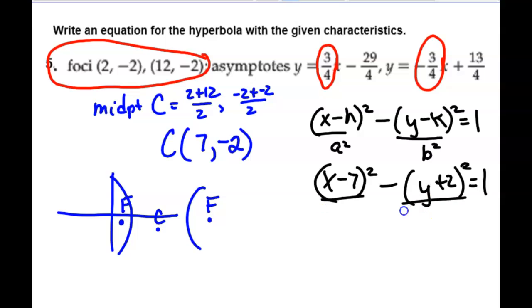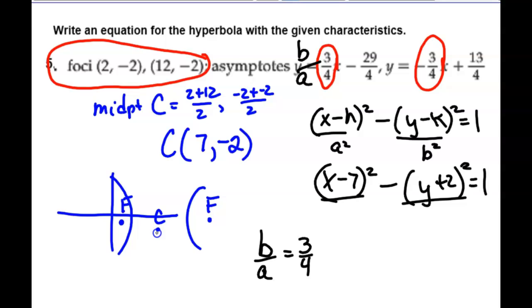So in theory, we could find a and b from the slope. Okay, when it opens sideways, the slope is b over a. Okay, so b over a should equal 3/4. The problem is,